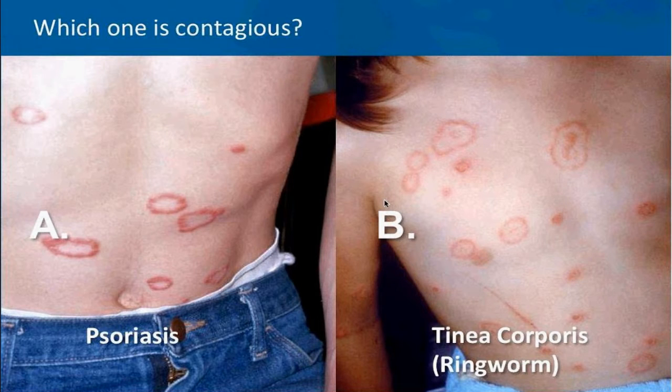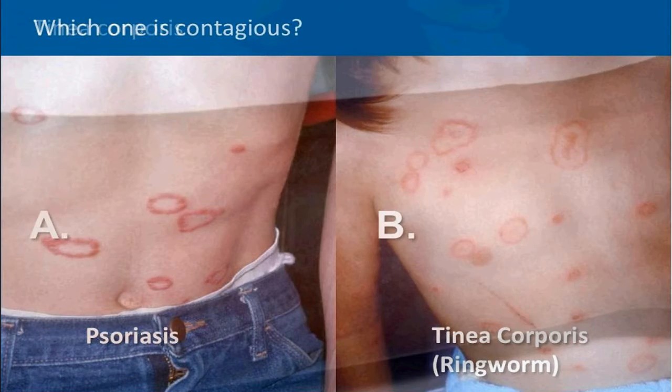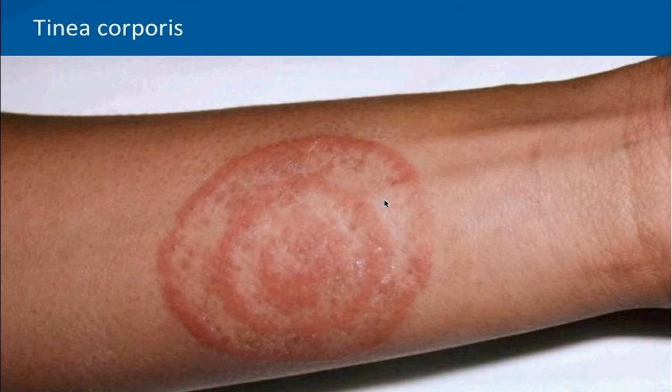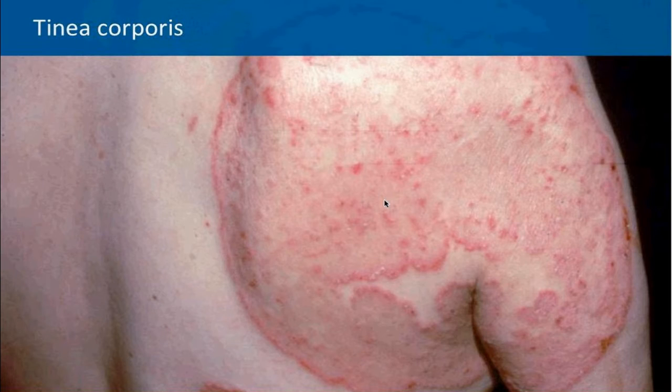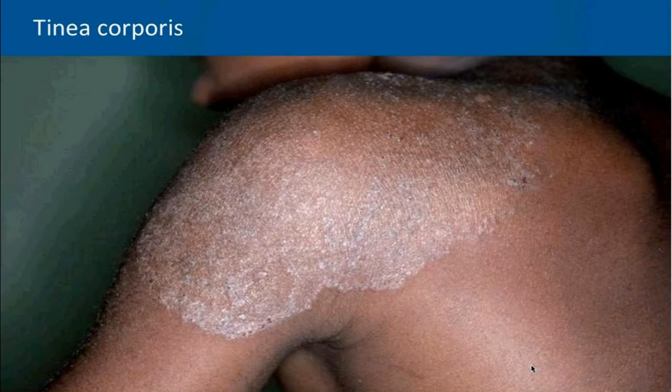So let's start talking about Tinea corporis, which is the case on the right. I'm going to show you a lot of different variant examples of Tinea corporis. This is the classic multiple concentric rings presentation of Tinea corporis in an adult. And you can see that in some cases it can get very aggressive. And in the lower right, you can see that it actually spreads right across divisions in the skin, right across the arm, pays no attention to skin boundaries, quite contagious.